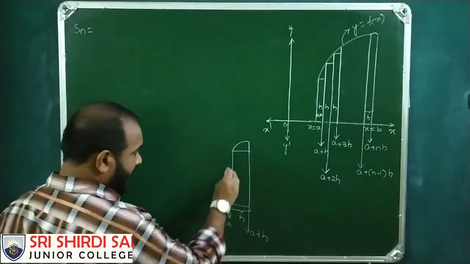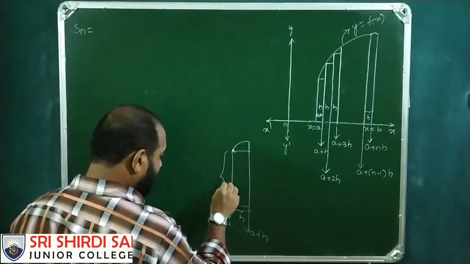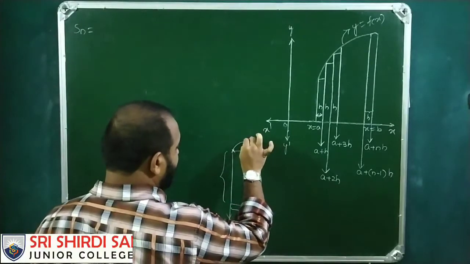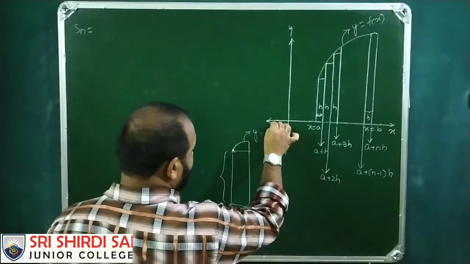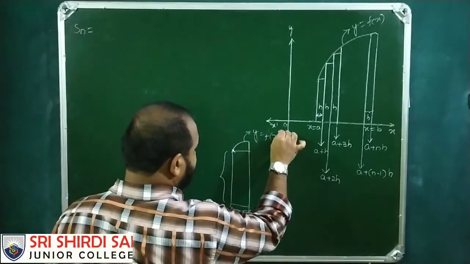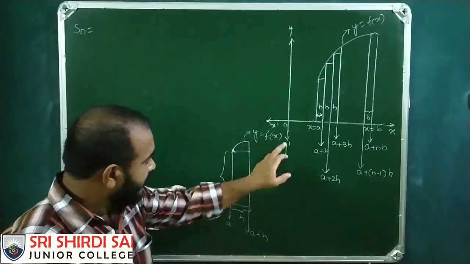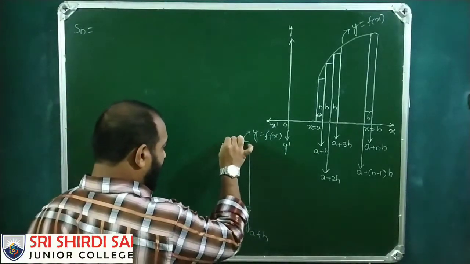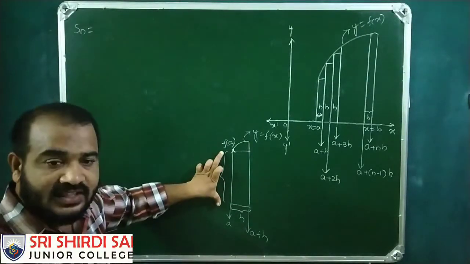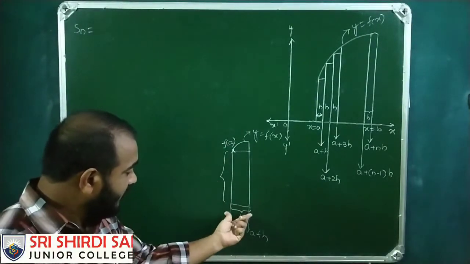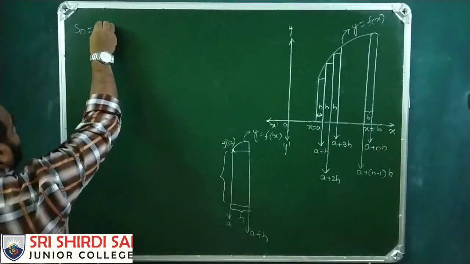So if it is a, can you tell me what is this height? Since this is the y equals f of x curve, simply substitute this a value in it, then we get f of a. So f of a is the height. If I take the first rectangle, h into f of a,